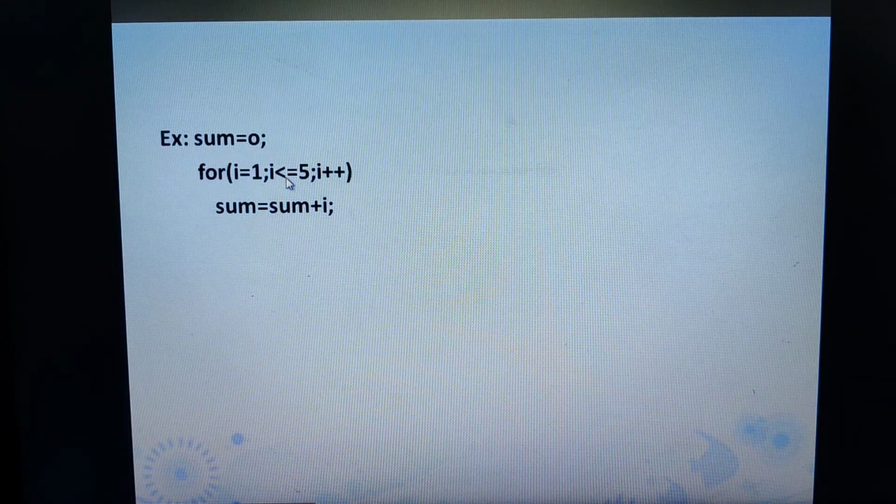This is expression 2, the condition, and this is the third part, the increment expression. I is equal to 1, I should be less than or equal to 5, I plus plus. So what is the counter variable here? I is the counter variable. This counter variable has to repeat this set of statements until the final value, that is, until the given condition.